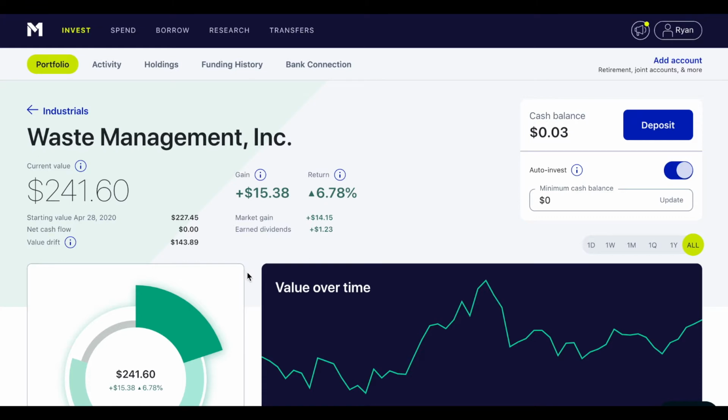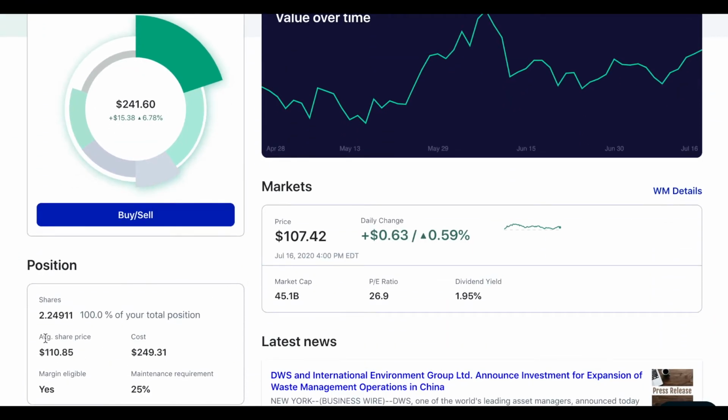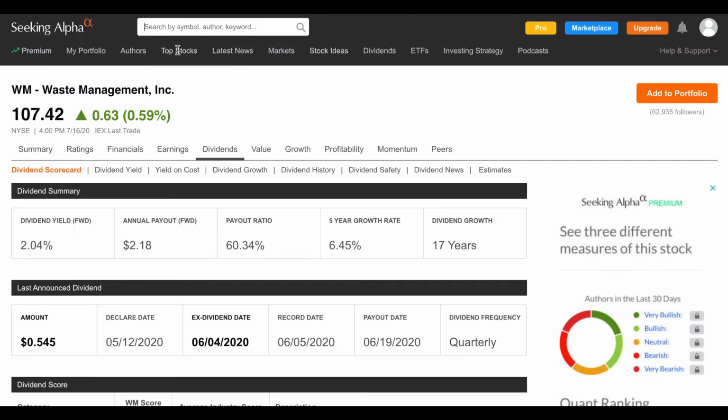I have $241.60 invested into Waste Management. I currently own 2.24 shares with an average price of $110.85. It's currently trading at $107.42. So if we jump over to Seeking Alpha, as I have in all the other ones, I already have